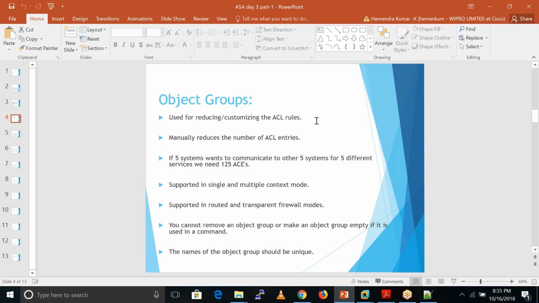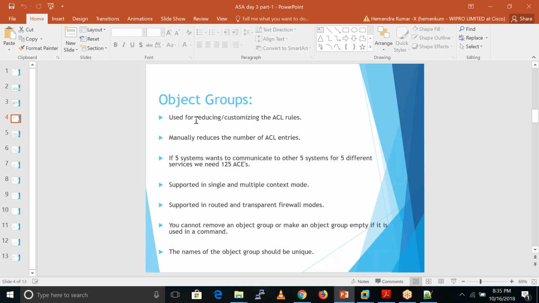So we create an object group and put in all the IP addresses of the sales users, and we create another object group for all the HR users. After that we can use these objects for writing the ACLs. Now it reduces our effort, because we don't need to write the IP address of every sales and HR user each time. We just call this object group there. That's it.